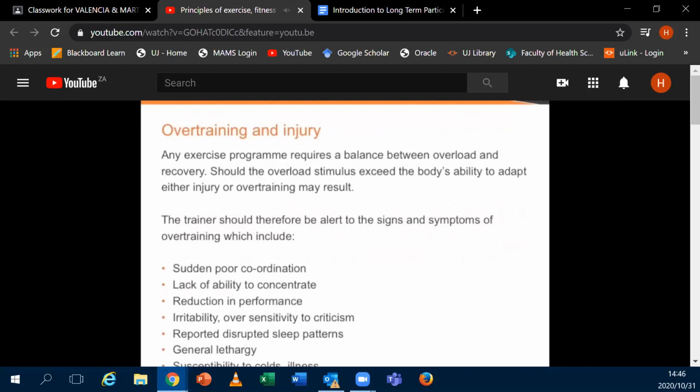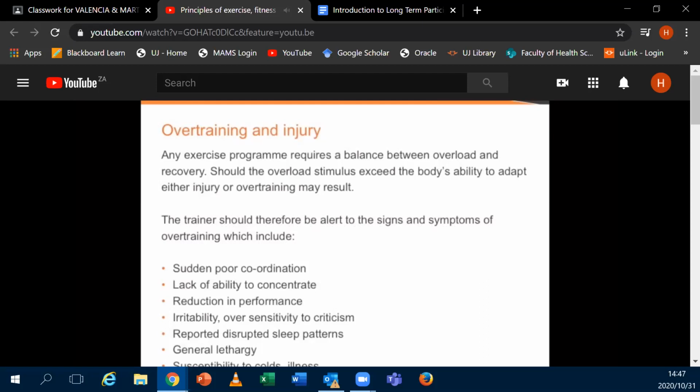Overtraining and injury. Any exercise program requires a balance between overload and recovery. Should the overload stimulus exceed the body's ability to adapt, either injury or overtraining may result. The trainer should therefore be alert to the signs and symptoms of overtraining, which can include sudden poor coordination,